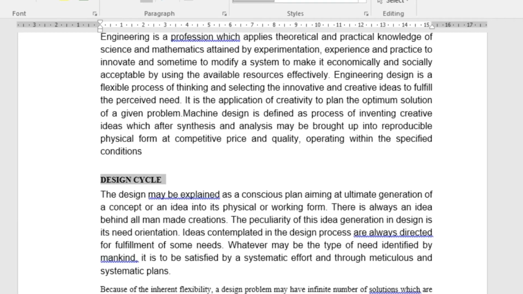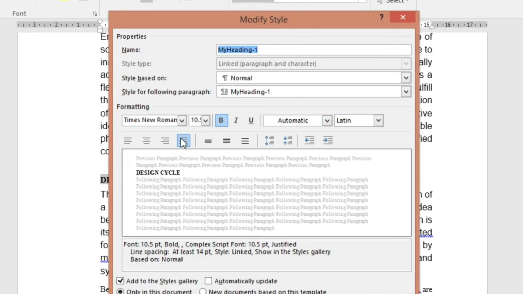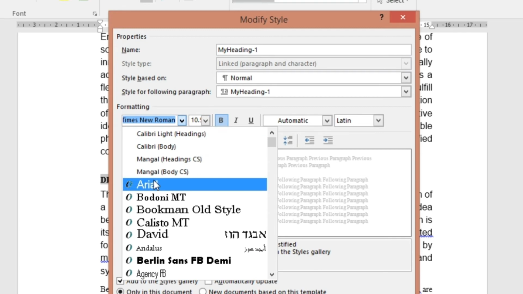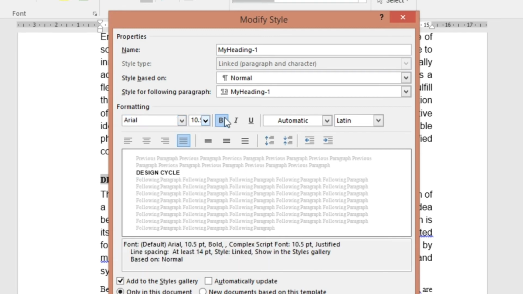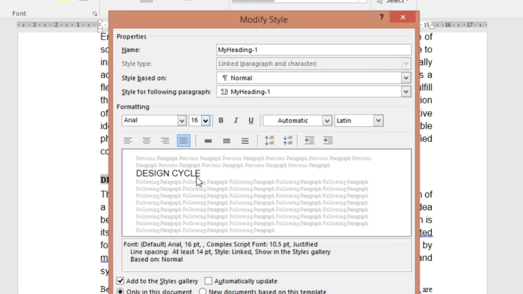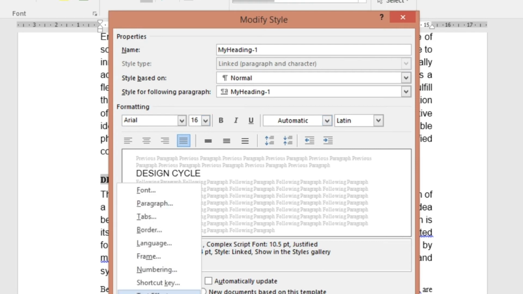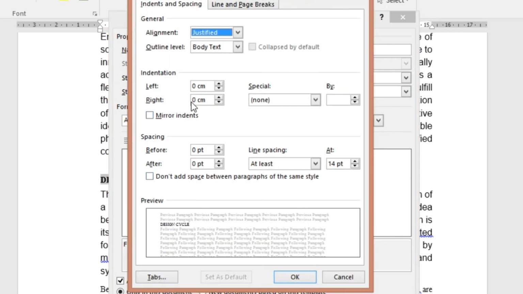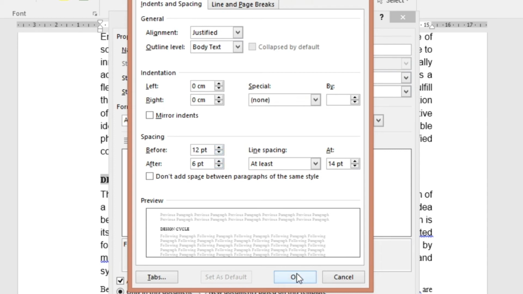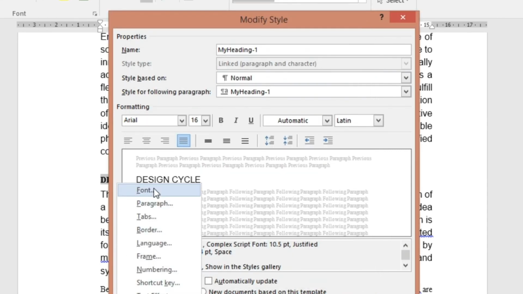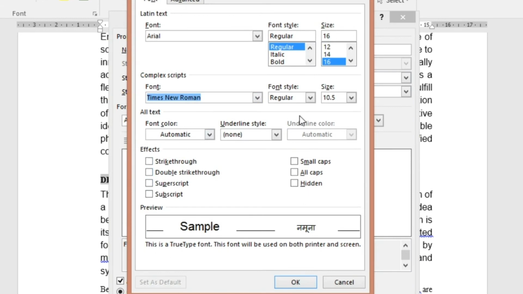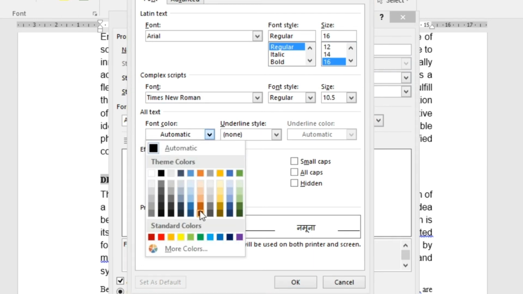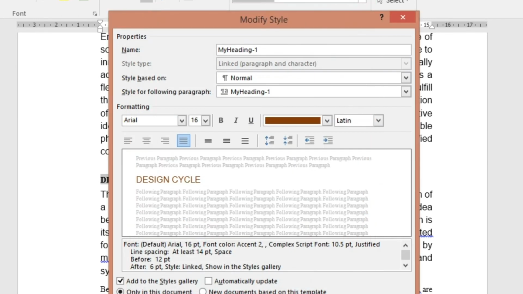I can modify my heading: let it be Arial again, no bold, 16 size, paragraph can be 12 before, 6 after, and then we can change the font color as well. Where is color? Font color, here it is. Let it be a maroon type of color.